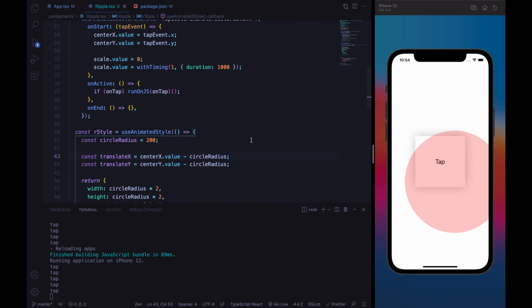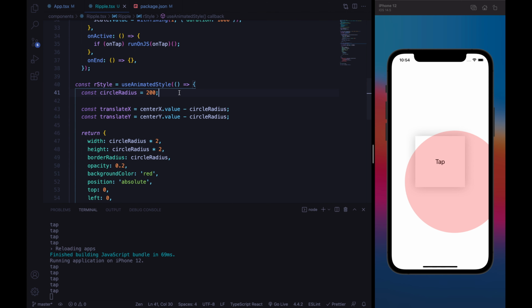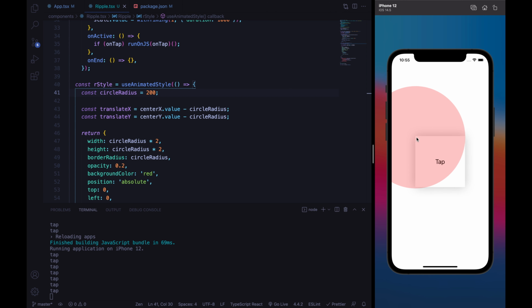So at this point, we need to find a way to evaluate the circle radius. The circle radius must depend on the width and the height of the square. So basically, what do we want? The worst case is that the user taps on one of the 4 corners. And in this case, we want our ripple effect to cover at least the whole square. So in order to do that, we want the radius to be equal to the